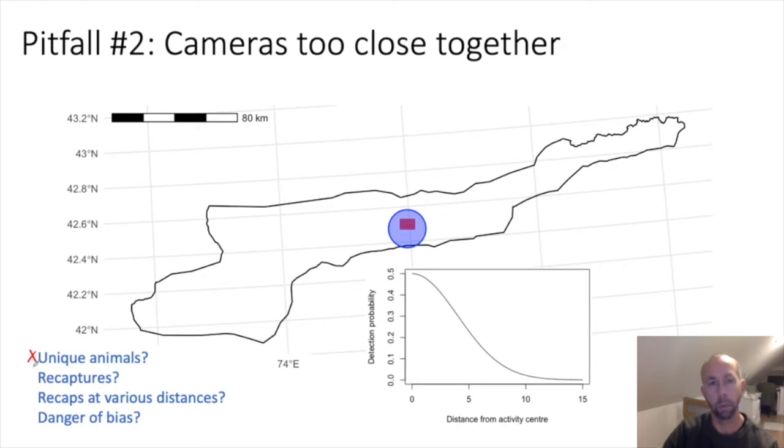Secondly, although we might be getting a reasonable number of recaptures, those recaptures won't be at different distances. To see this, think of an animal with an activity center over here. We might detect it on a camera and several other nearby cameras, but all of these cameras are separated by a very small distance. That means that we're only gathering information about a very small part of the detection function. This will lead to high variance in estimates of sigma, and these will spill over into imprecise density estimates. So another failing of this design is that we're not getting recaptures at different distances, even though we might be